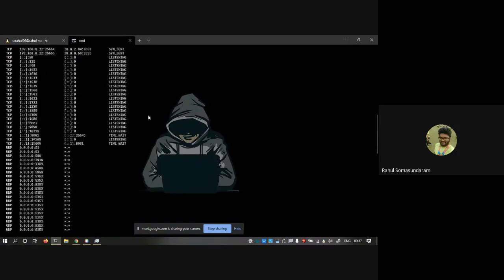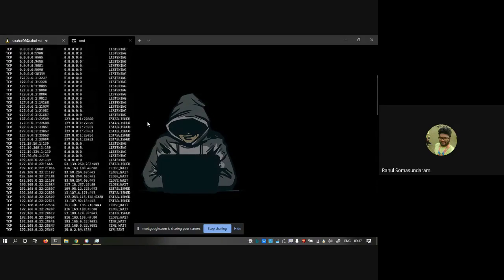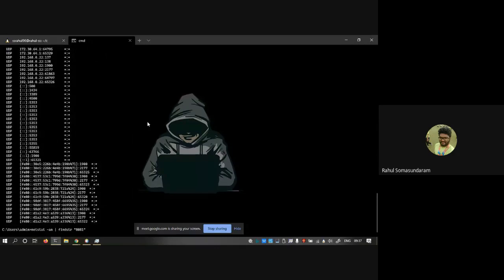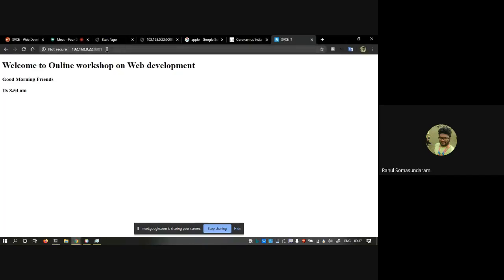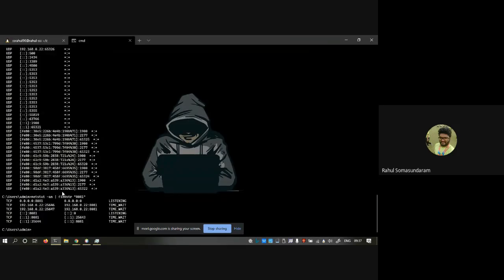It will list all the ports running in your system. I'm filtering it for port 8081 because I have deployed the application server on port 8081. Also, you have to look only for the listening state.